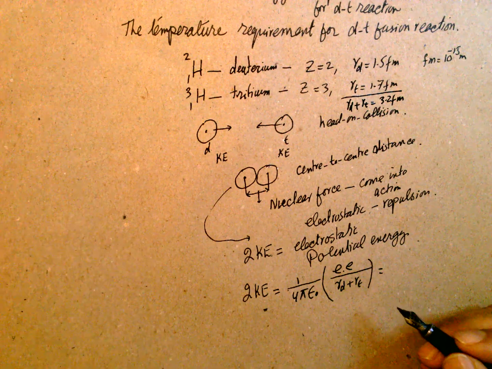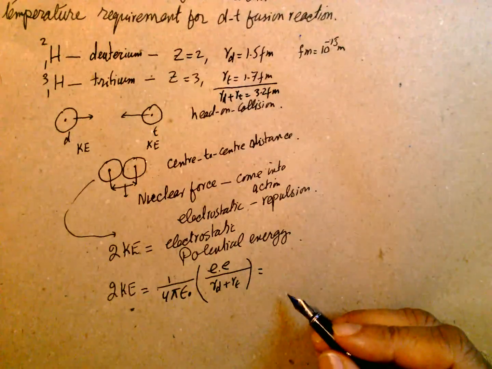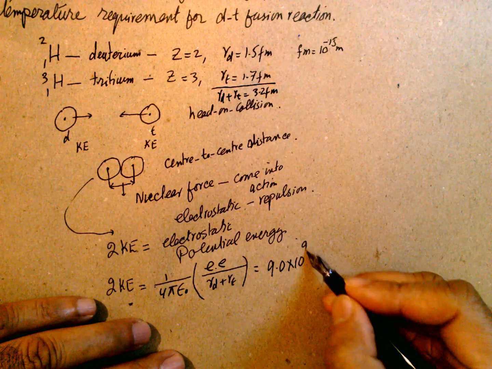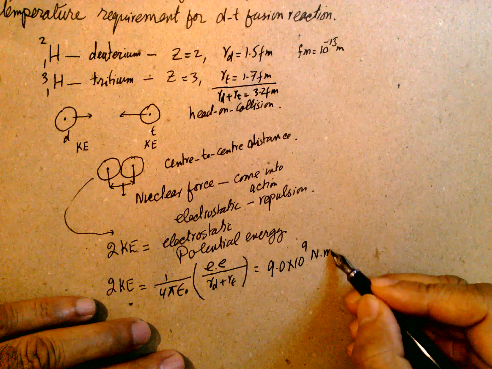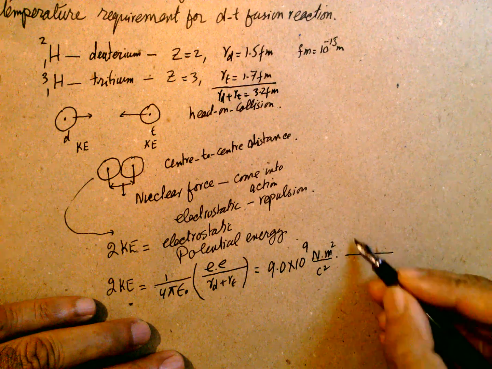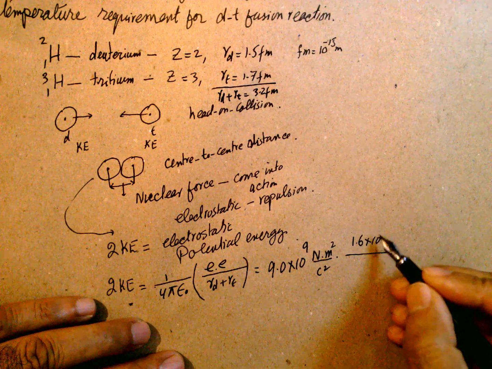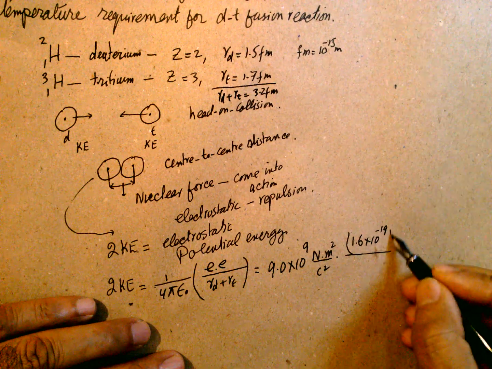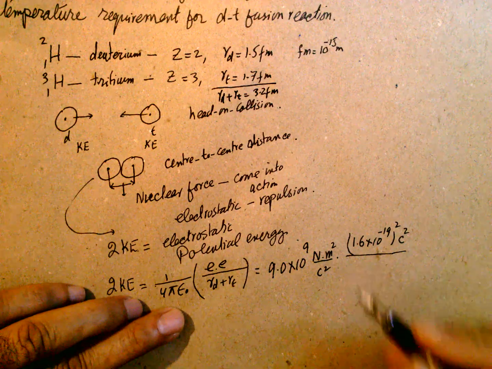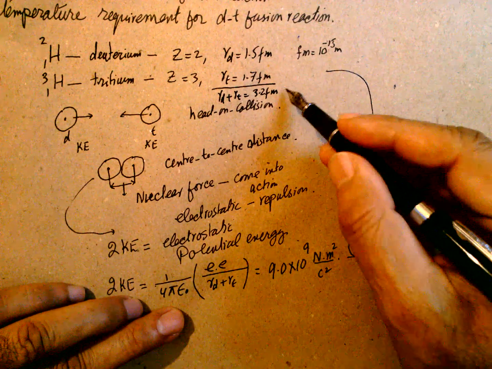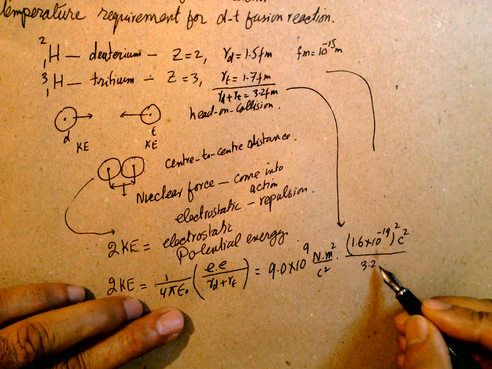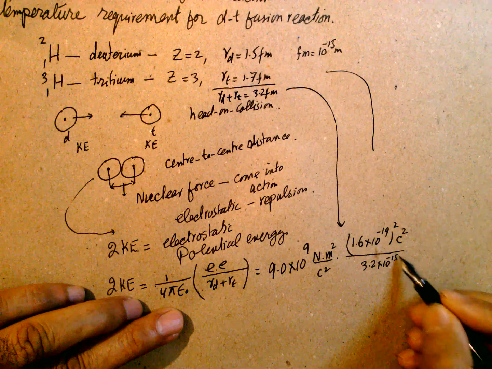And if you substitute the values, this is equal to 9.0 into 10 power 9 Newton meter square over Coulomb square into E square, 1.6 into 10 to the power minus 19 whole square Coulomb square, divided by RT, which is 3.2 into 10 to the power minus 15 meter,